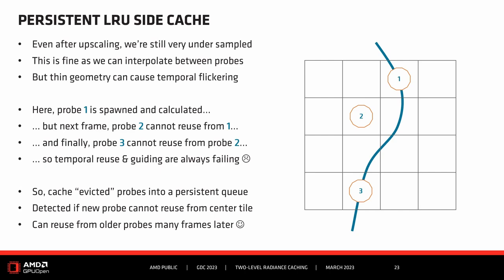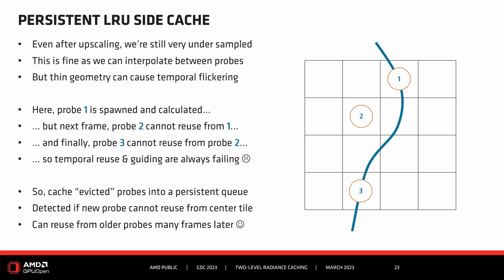And finally, probe 3 is back onto the thin feature, and again cannot reuse from probe 2, so it fails the temporal reuse and guiding all over and has to start from scratch again. Which is a bit of a shame, because we had totally valid data only 2 frames ago. What this really causes is that in some cases our guiding reuse is kind of failing every frame in the worst case. So our solution to this is to cache the evicted probes into a persistent queue, which we call the LRU site cache,